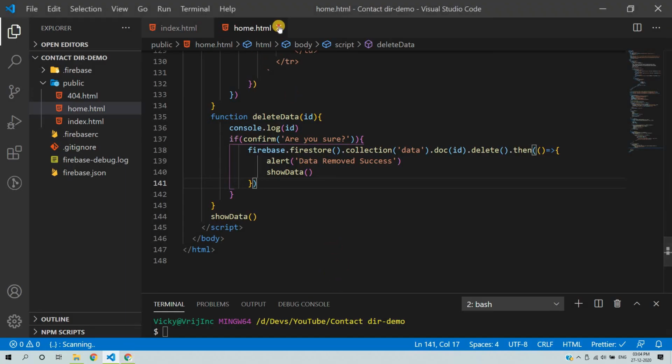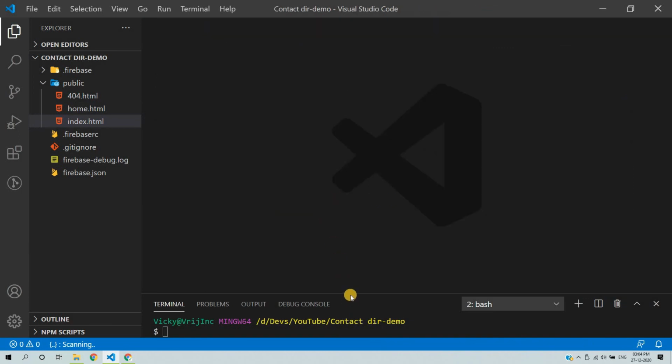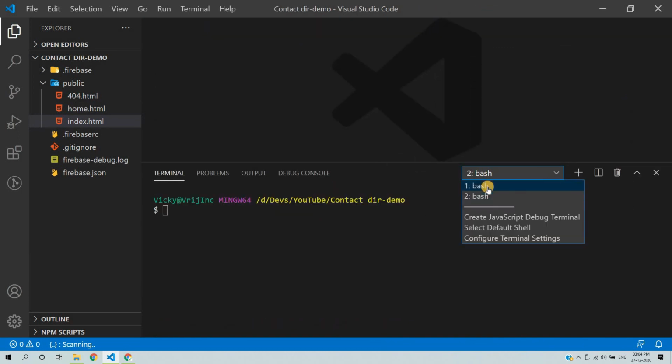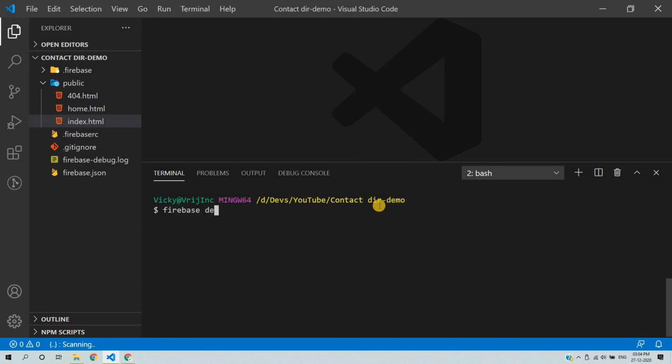We can also host this application with the help of Firebase deploy. So you just need to use the Firebase deploy command.